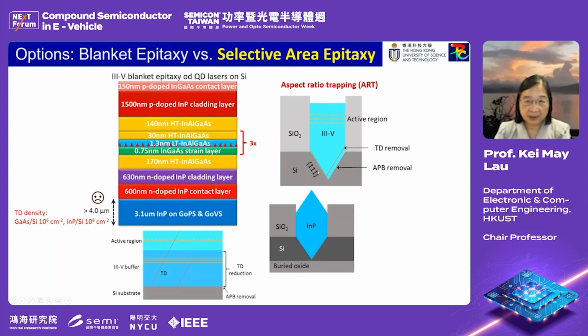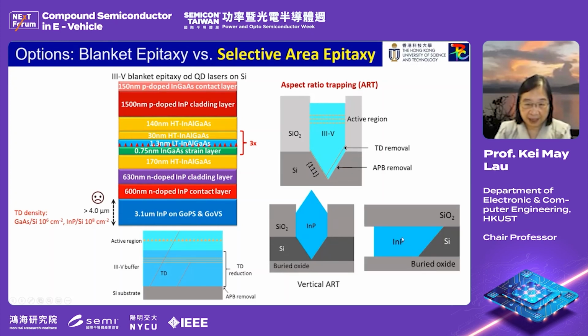So this is, again, using the aspect ratio trapping, and we can trap the defect in the bottom. And we first try to do it on silicon and then on SOI. And after that, we turn this concept sideways. And then we think, well, if we do this aspect ratio trapping, and we keep growing in the lateral direction,